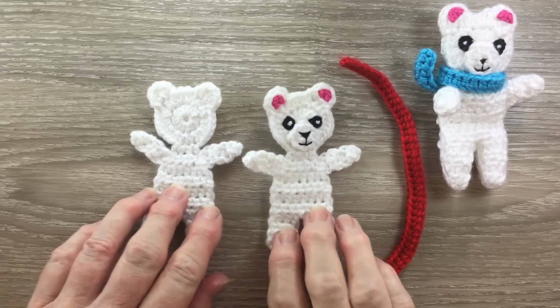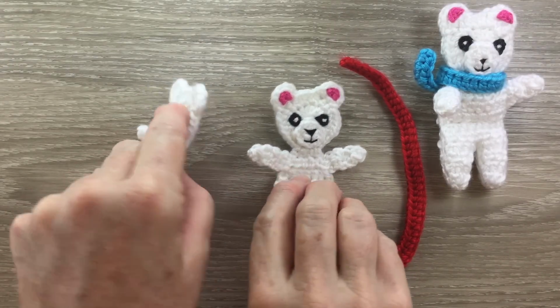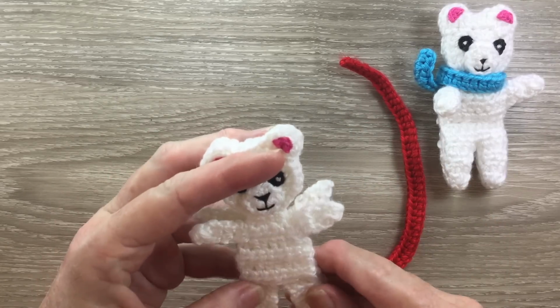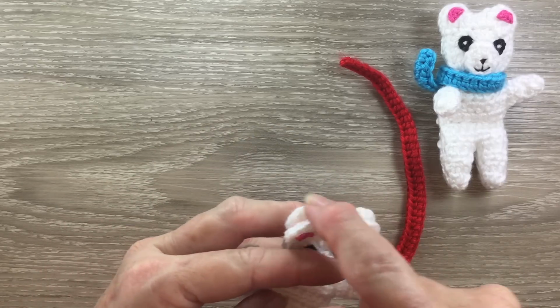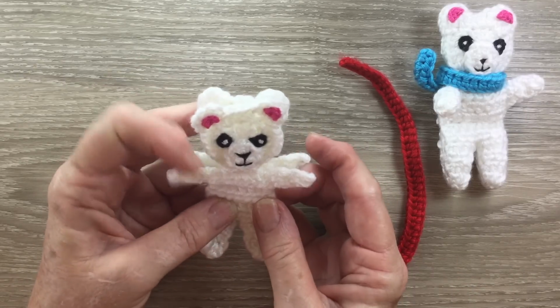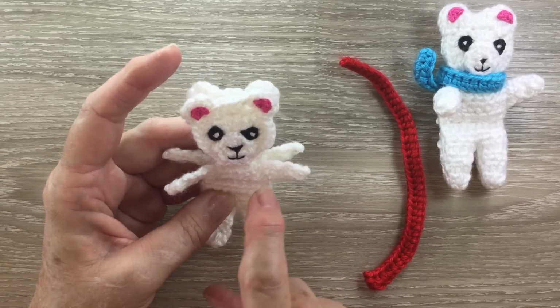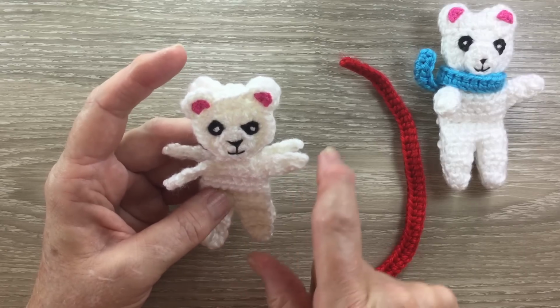Now the next thing I do is stitch the front and back pieces together. I put the wrong sides together and then I just stitch right around. I insert the filling as I go. There's not much room in the neck to insert the filling once you've finished, so I'll go up around the